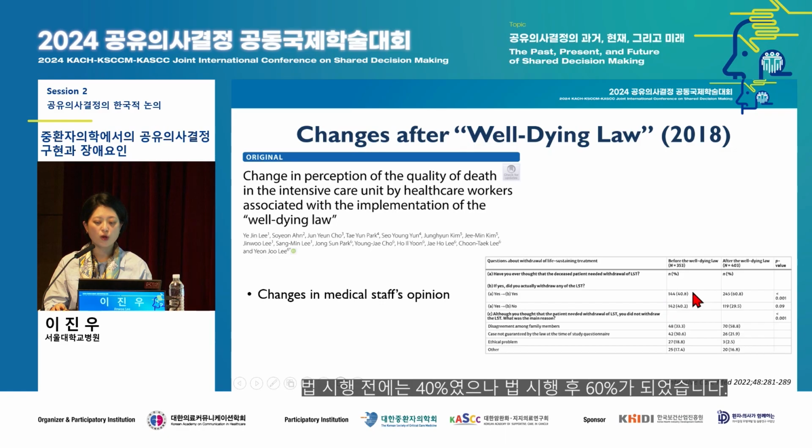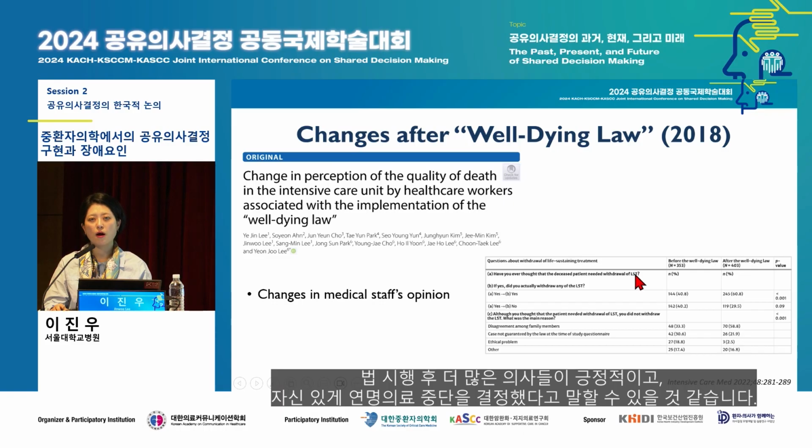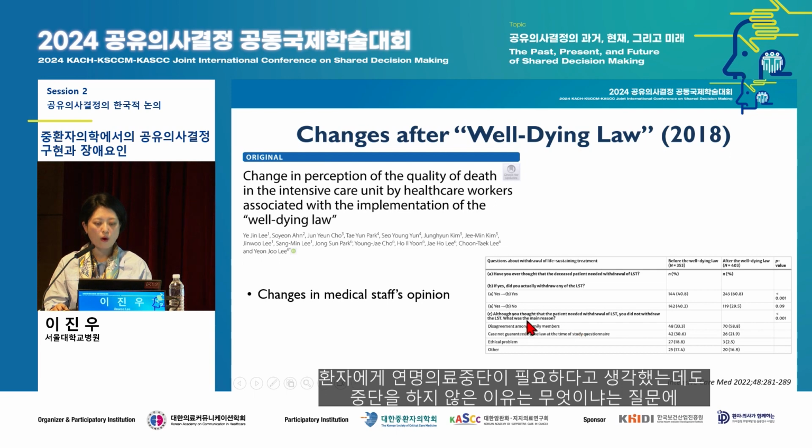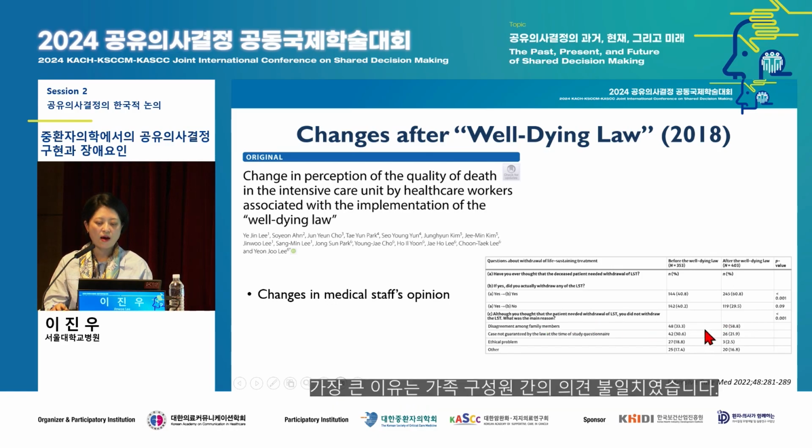Before the law, it was 40%, but after the law, it became 60%. So I guess you could say more physicians were more positive, more confident of withdrawal after the law was enforced. But why did you not withdraw the patient even when you thought the patient needed withdrawal? The main reason, the highest reason, was disagreement among family members, and it was still the highest reason after